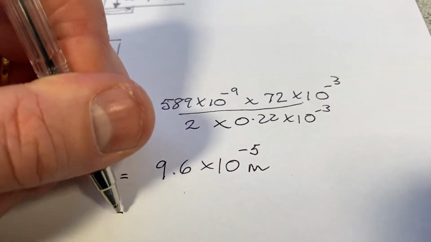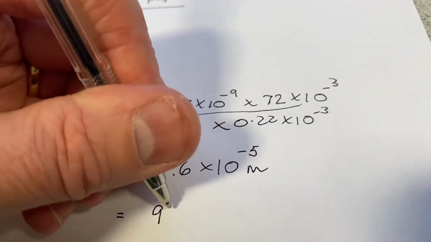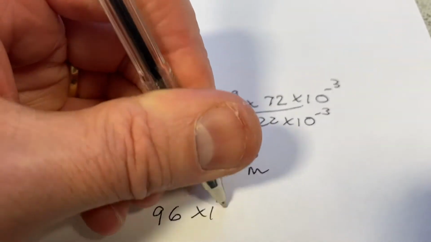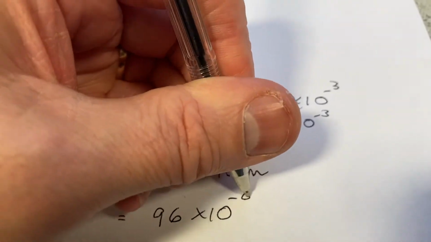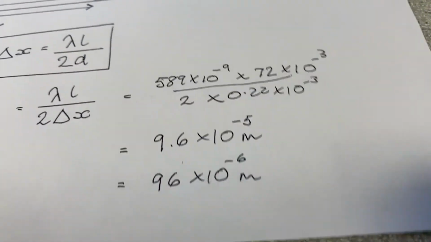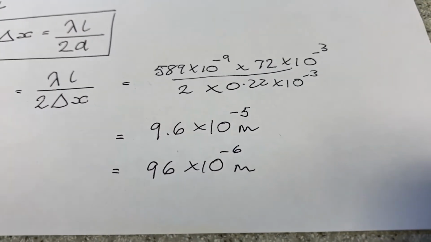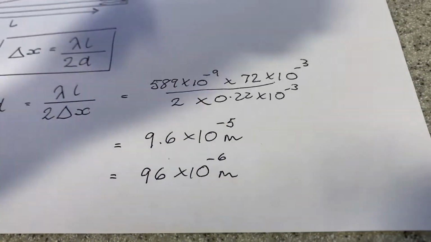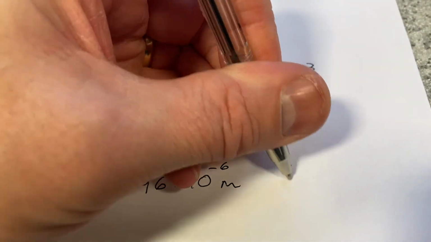That's about 96 times 10 to minus 6 meters. Now, 10 to minus 6 meters is a micron, millionth of a meter. So that is 96